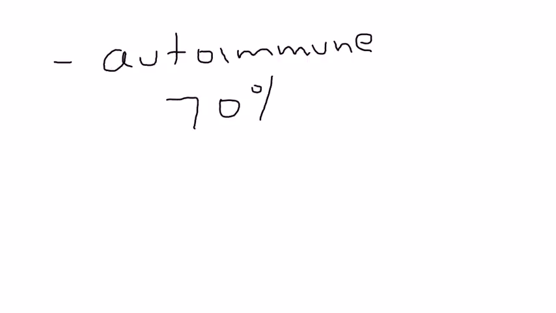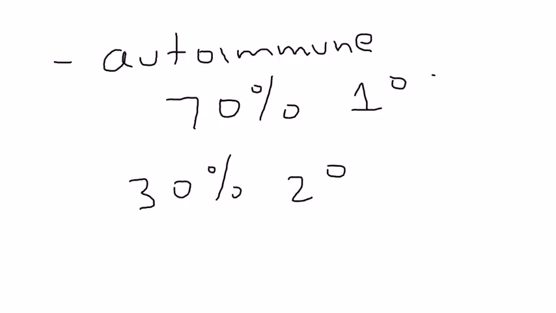Okay, so why does this happen? Well, as I said, it's autoimmune. It's basically the body attacking its own glands instead of fighting an infection. And it's mostly, 70% of the cases are primary, meaning there's no other associated condition, but 30% of cases are secondary. And what that really just means is that Sjögren's is occurring in association with some other autoimmune disorder, and